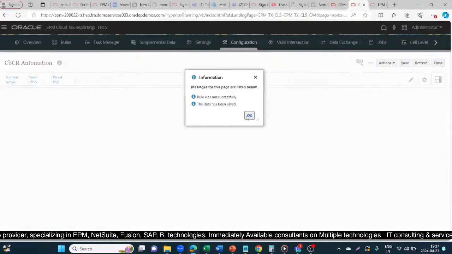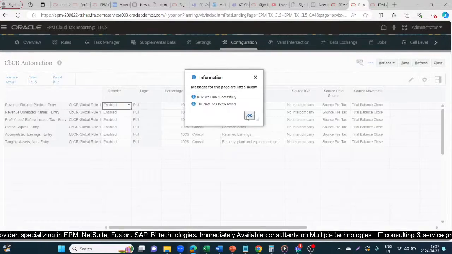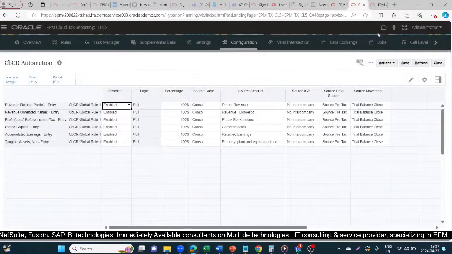Okay, so now we have saved. So this is how we have done the automation for CbCR reporting, or we have done the configuration for CbCR reporting. Now we'll try to input the figure in the account that we have created. So for that we'll go under application,